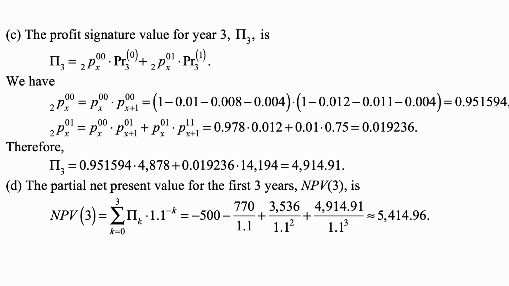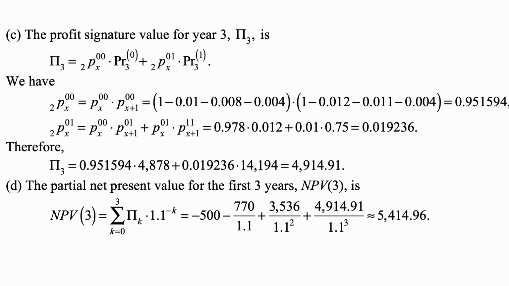And now for part C, the profit signature value for year 3, pi 3, is the probability of being in state 0 times the profit corresponding to state 0, and the probability of being in state 1 times the profit corresponding to state 1. The probabilities are at the beginning of the year, the profits are as of the end of the year, and then we calculate the probabilities that are involved here, so that 2px00 is the probability of going from state 0 to state 0 in the first year, and then the probability of going from state 0 to state 0 in the second year. Remember, you can't go back to state 0, so we don't have to worry about other states. And that's 1 minus the probability of leaving state 0 through all the other options, times 1 minus, again, the probability of leaving state 0 through all the other options, and that ends up being